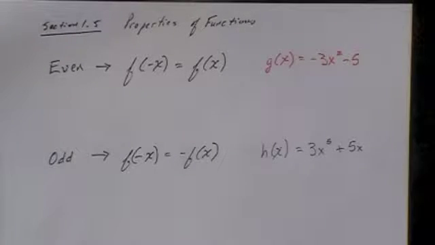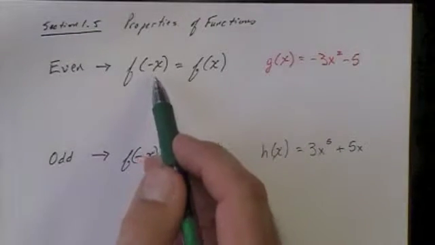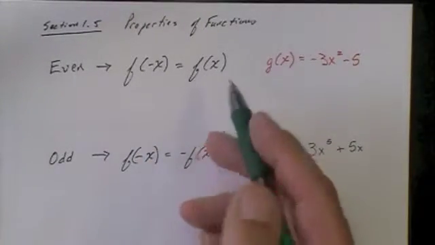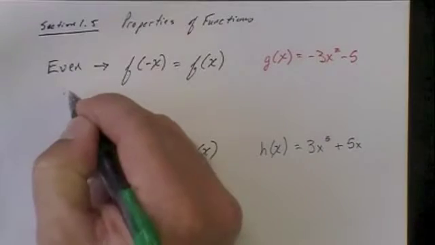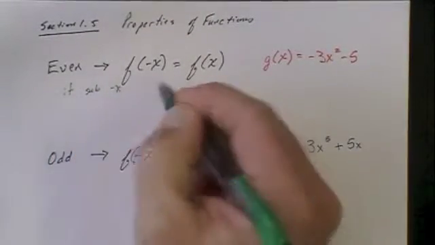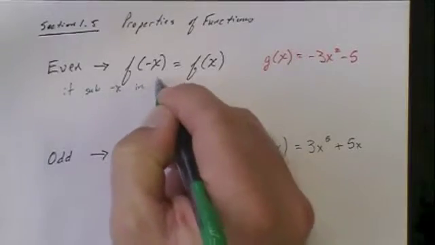In section 1.5, we're looking at properties of functions. The first property we're going to look at is determining if a function is even or odd. So for an even function, if we plug in the opposite of x into f of x, we will get the original back. All right, so if we sub in the opposite of x in for x,